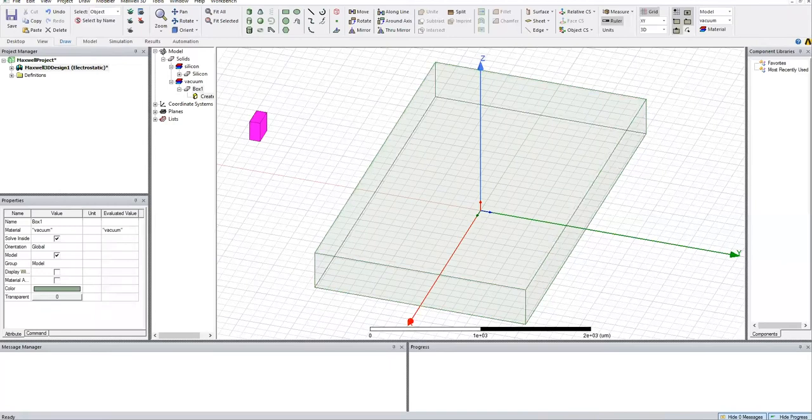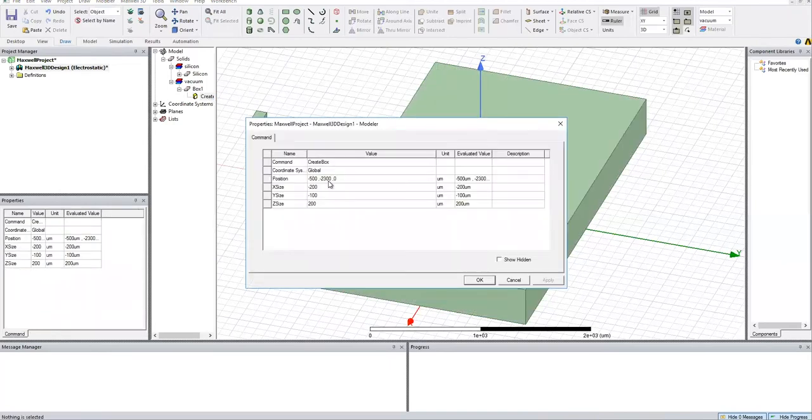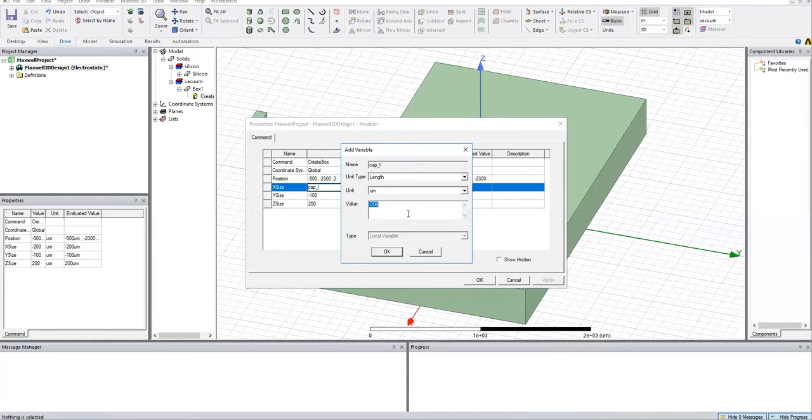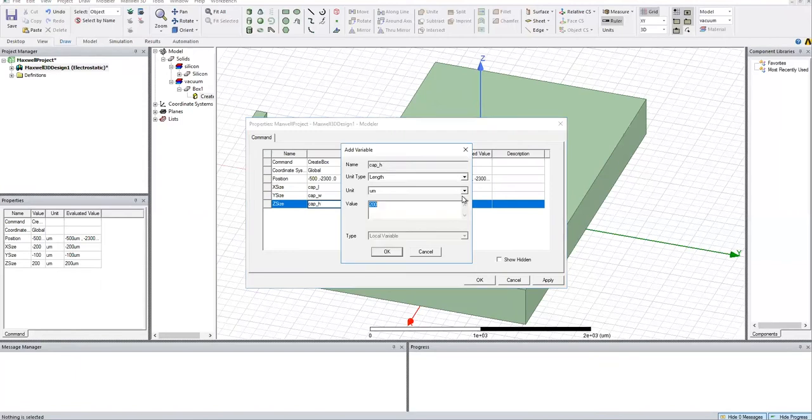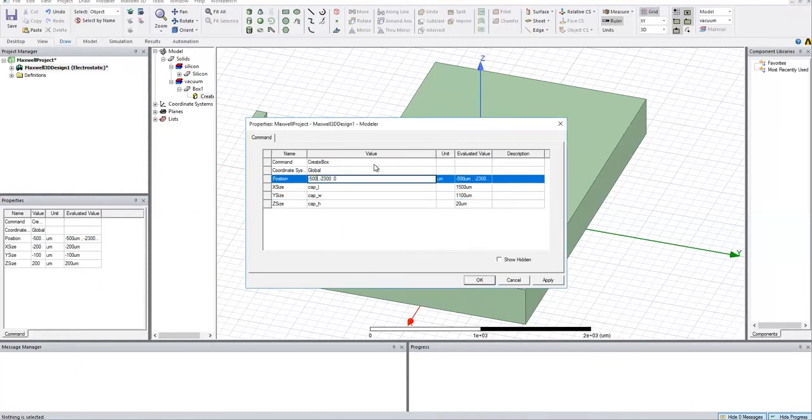Now we are going to build our shielding electrode right above the top of our substrate materials. In the same way, we are going to set dimensions, that is length, width, and height, and the position.